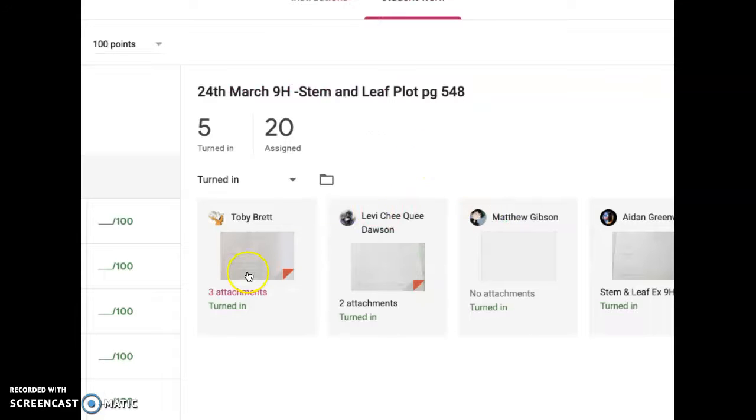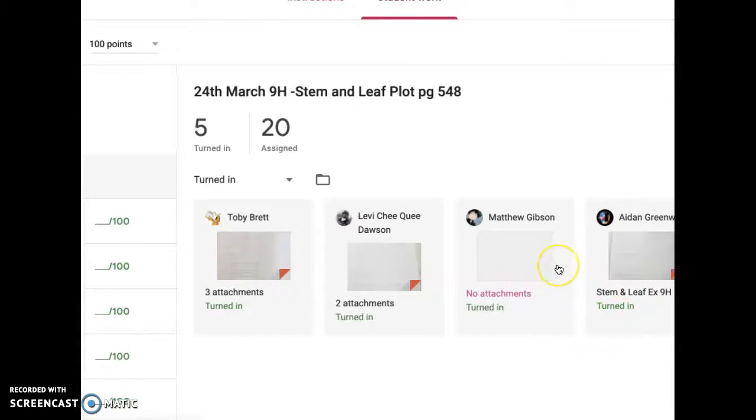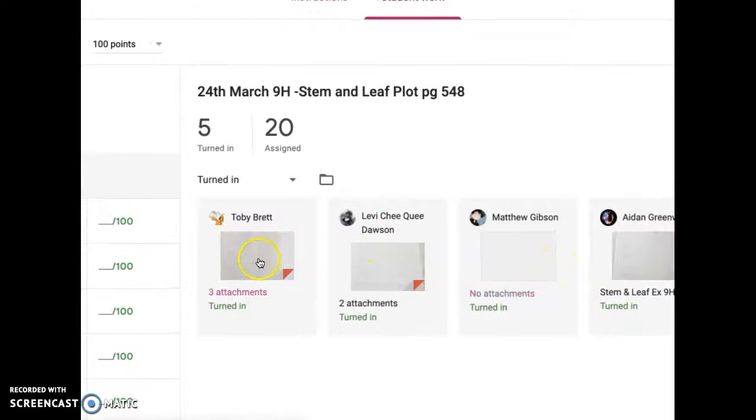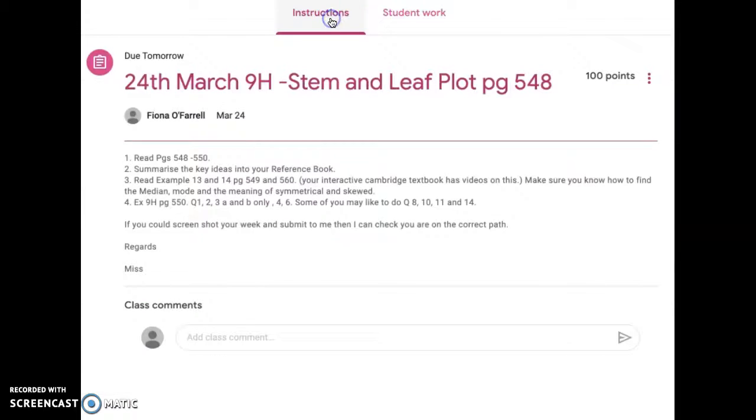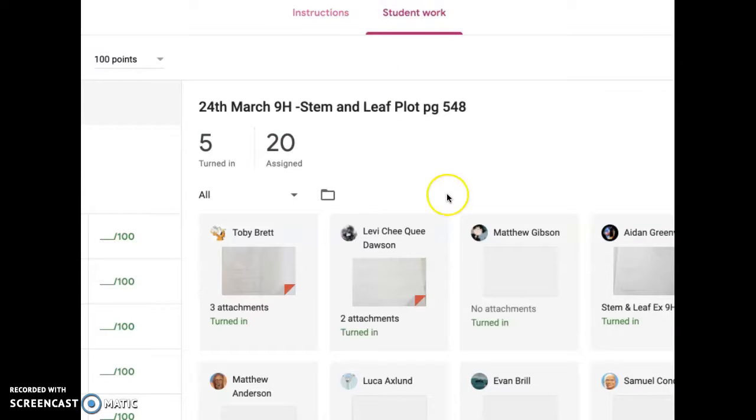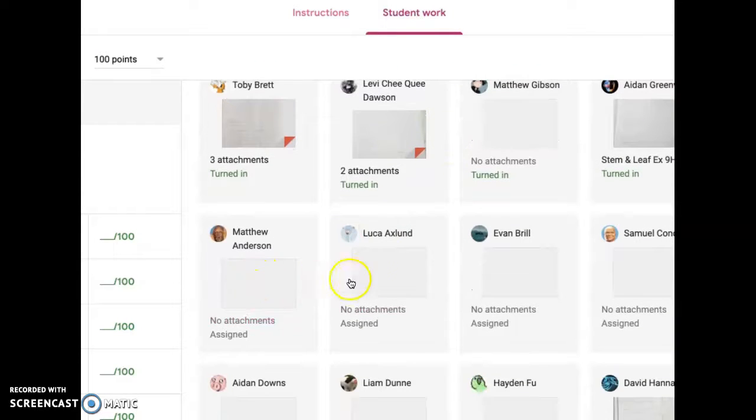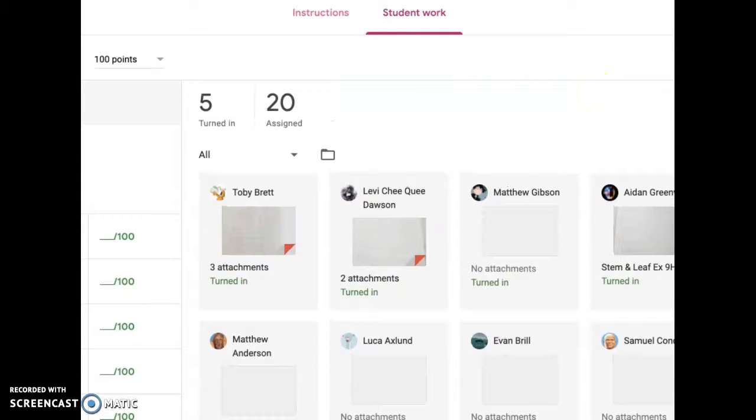that work, I asked you to turn it in by taking a photo, and I will check that work and then I will allocate the 100% just to see how you are going. So really important, follow the instructions, but you need to be turning your work in by just writing a comment or something like that. Some of you have also missed the lesson before,